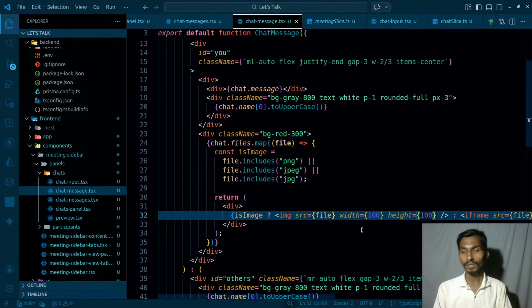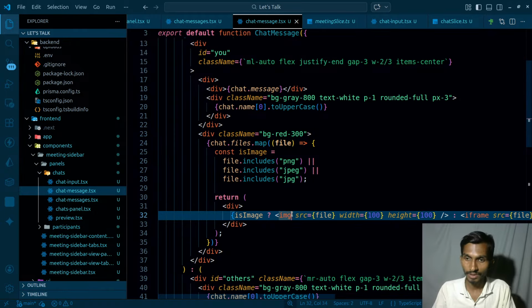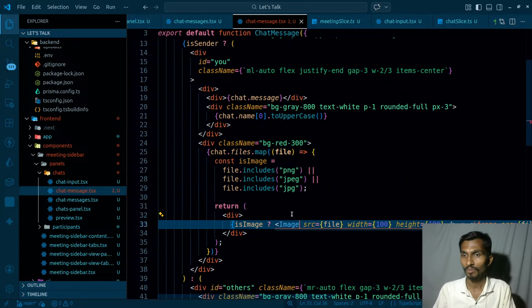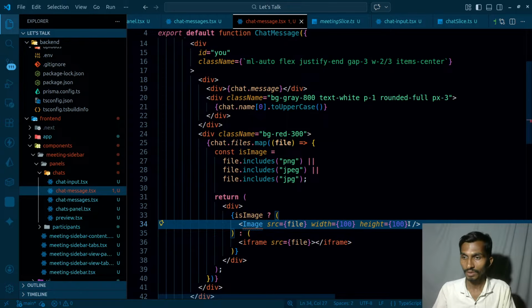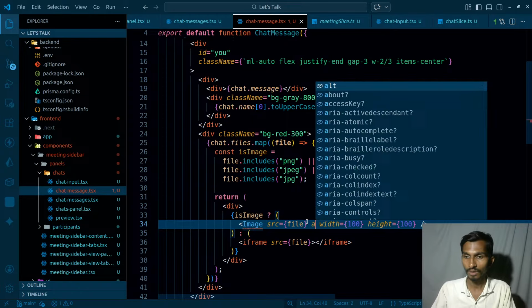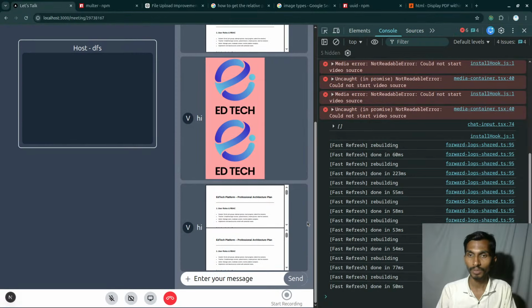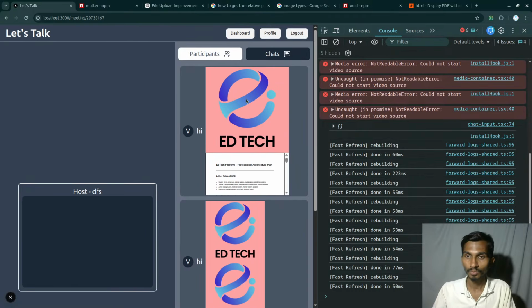And I just forgot that I'm using Next.js. That simply means over here I can use the Image tag from Next.js, and once I have this, I need to add alt as well. Alt is just going to be empty, and this is how I'm going with the things. But still,